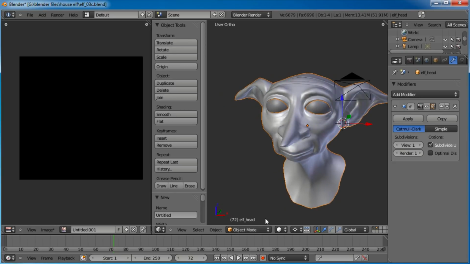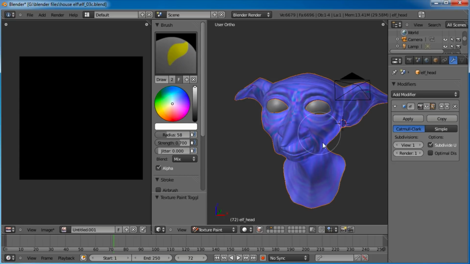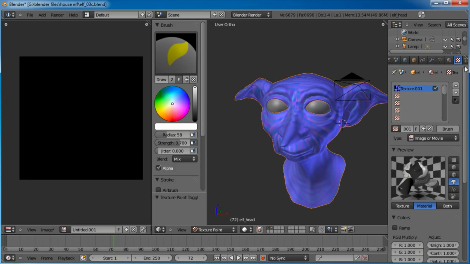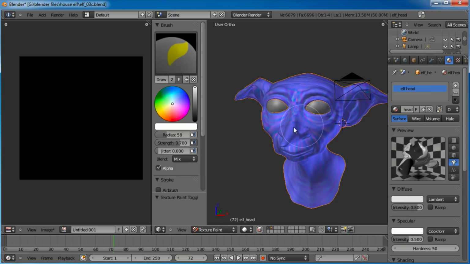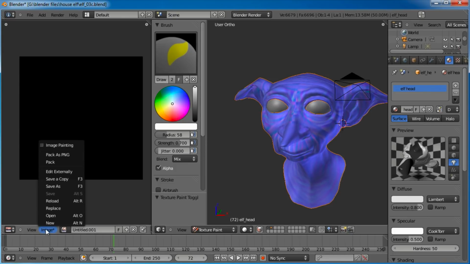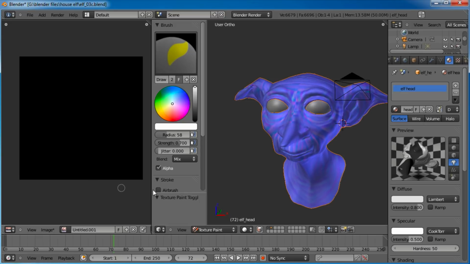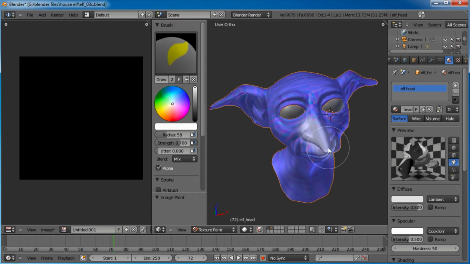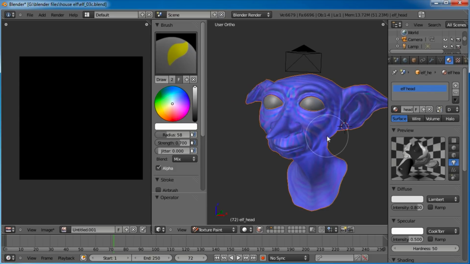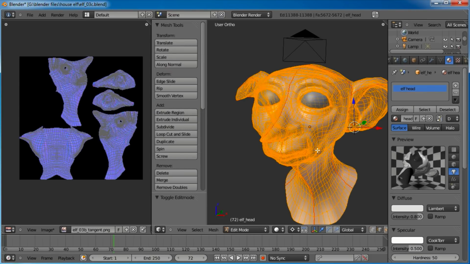So anyways, let's pop into texture paint mode right there. And you can already see that the only texture that this has applied to it is the tangent normal map, and we don't want that. But that's fine because we won't be affecting that as long as we go into image painting over here. And let's say we start painting. It should show up over here. Nope, it's showing up on our tangent normal map. So let's undo that. And okay, what we need to do is tab into edit mode here,